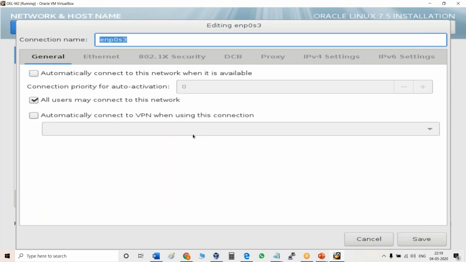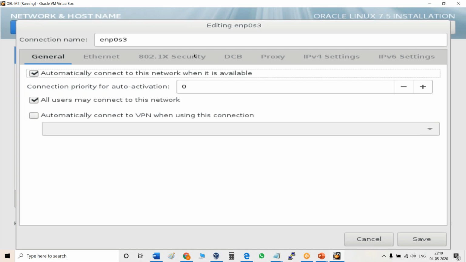In general, come to this automatically connect network. So just do this, and then if you want IP setting,